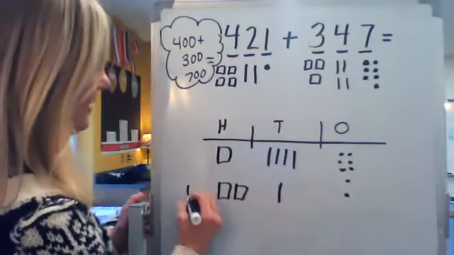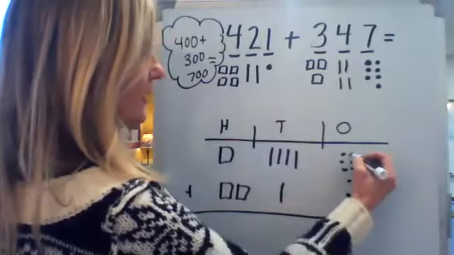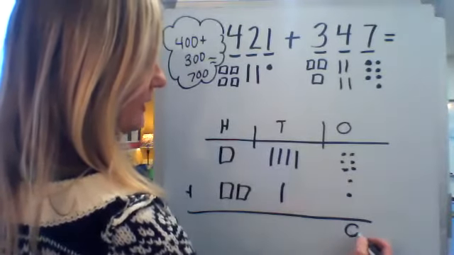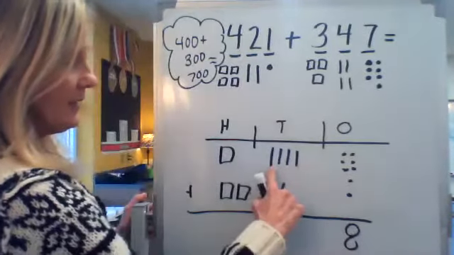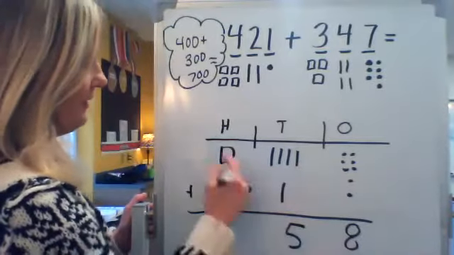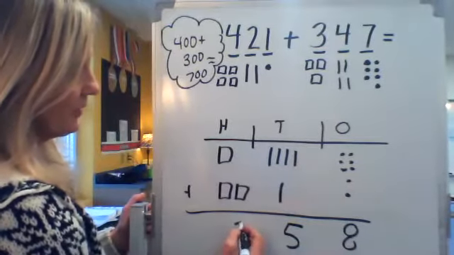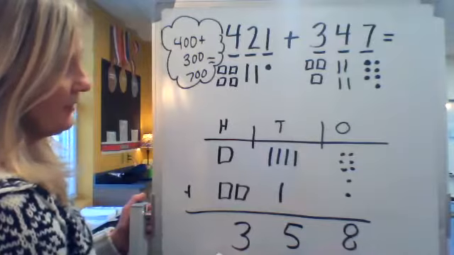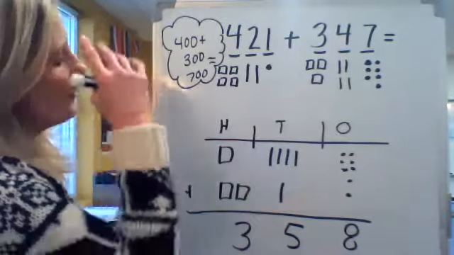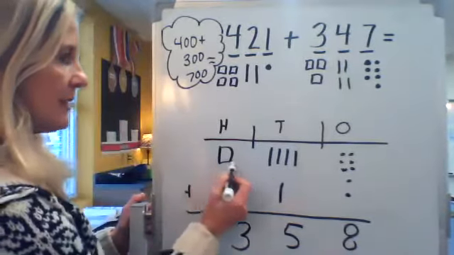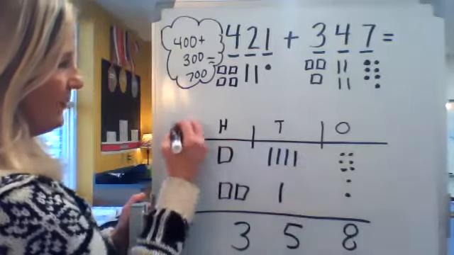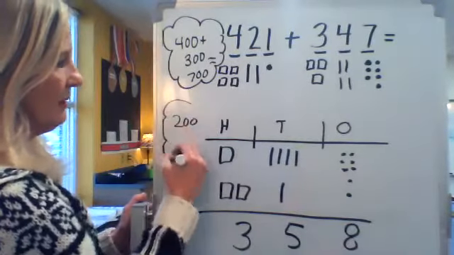All right, so let's add them up. How many ones do I have? I have 7 plus 1 more, that's 8. How many tens? 4 plus 1 more, that's 5. 100 plus 2 more hundred is 300. 358. And my estimate of that would be, let's see,